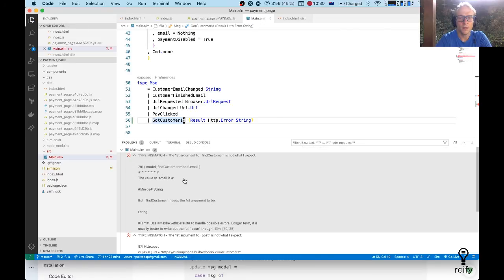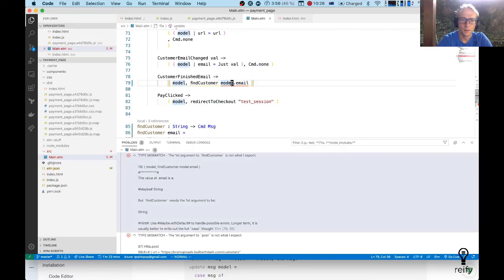So now it's asking us, and this is where the beauty of Elm comes in. It's asking us, okay, you have an email, but what happens if you don't have an email? What happens if your email is nothing? What do you do in that scenario? So that's where we can say, okay, if our email, so we have maybe dot